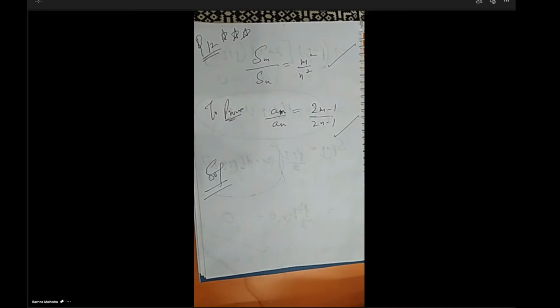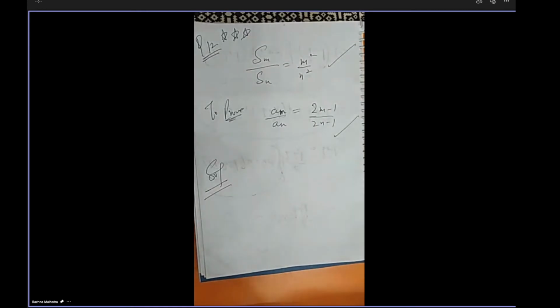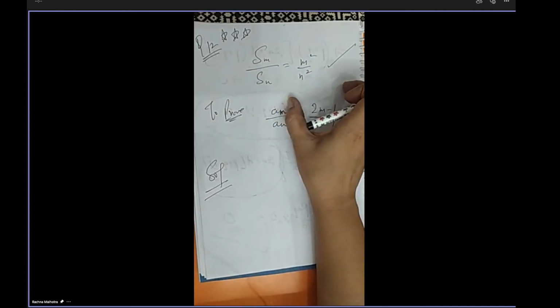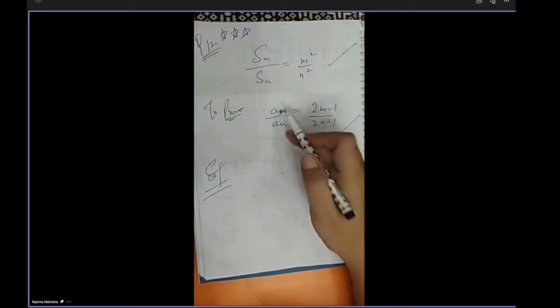Ma'am, we can write the formula of Sm and Sn. After solving that whole, we'll get 2a equals to d. Then after cross multiplication, we will get this. So should I solve this one or should I leave it for you? You can put your Sm, Sn, then cross multiply. You will get a result, and that you can introduce in finding am is to an. Should I complete it? Complete it, please.